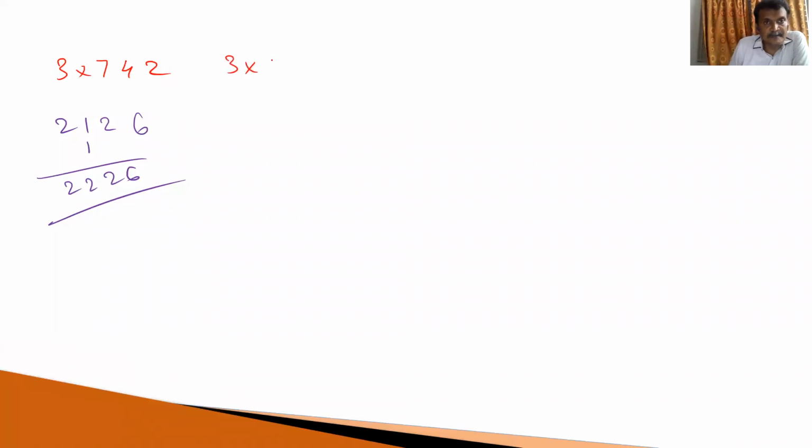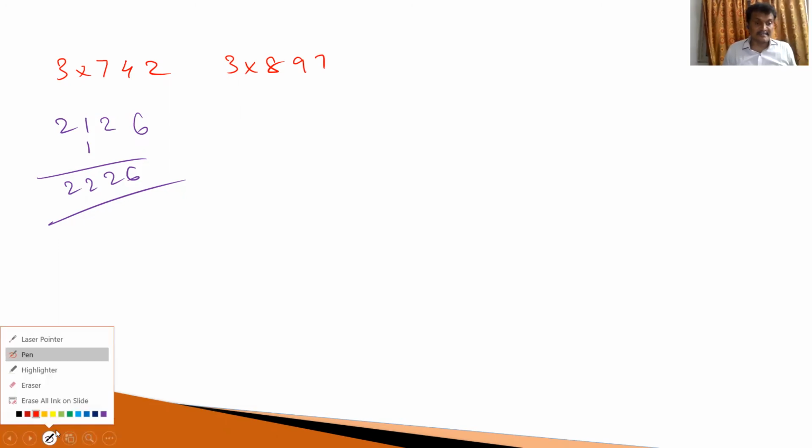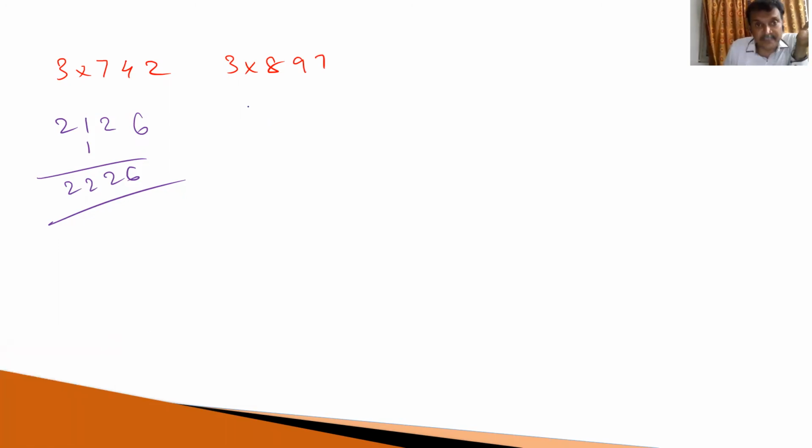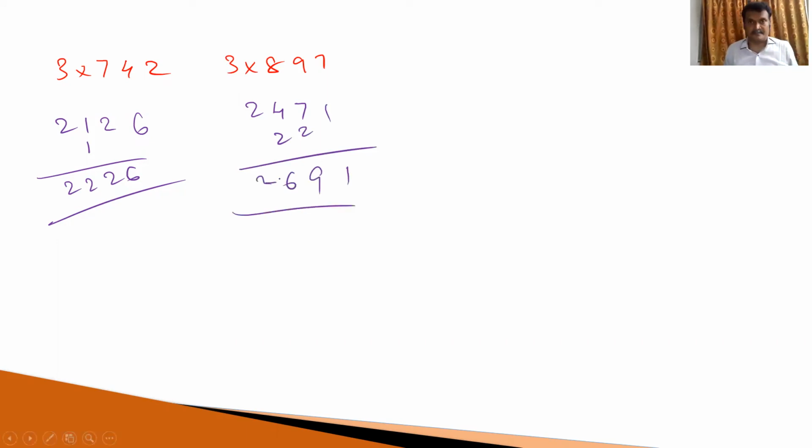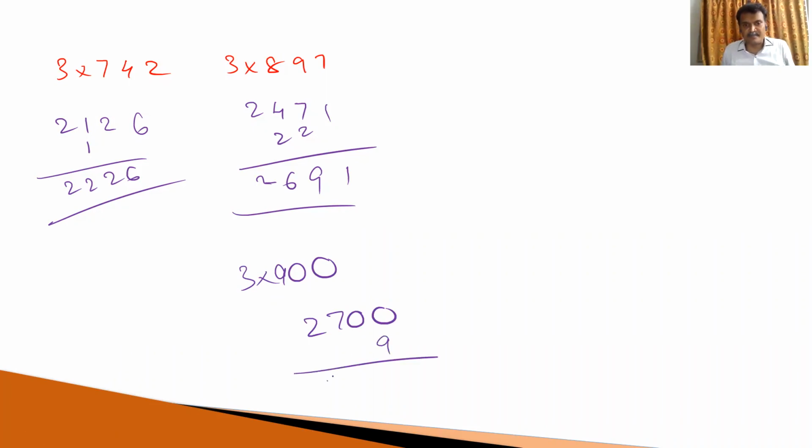Suppose 3 897 times is equal to how much? Here two techniques are there. The first technique, 3 8 times 24, 3 9 times 27, 3 7 times 21. So what is the answer? 2691 is the answer. This is the one way. What is the other way? Just 3 into 900, that is equal to 2700. We required 897 only. That's why just subtract 9 from this number, 2691, which is required.